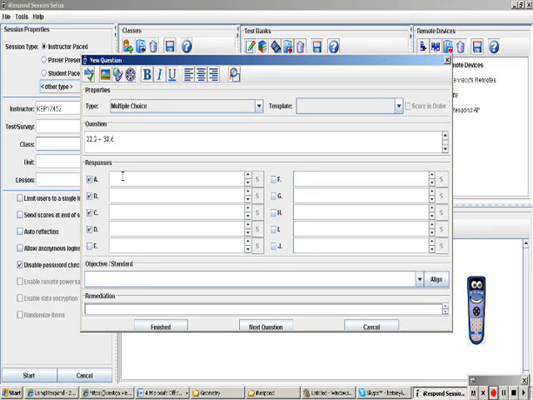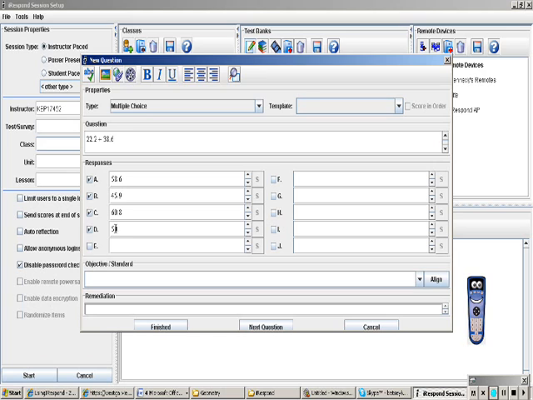So I'll say 58 and 6/10. Let's say 45 and 9/10. Let's see, how about 60 and 8/10, which if I'm adding correctly is the correct response, and